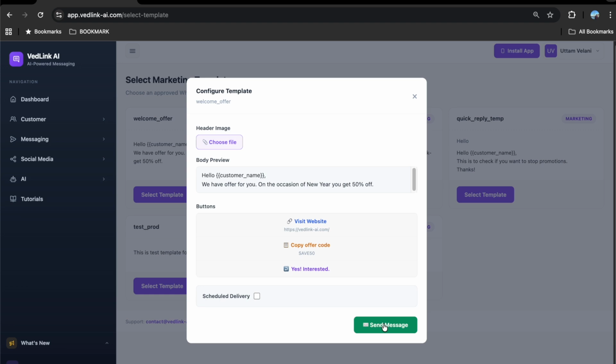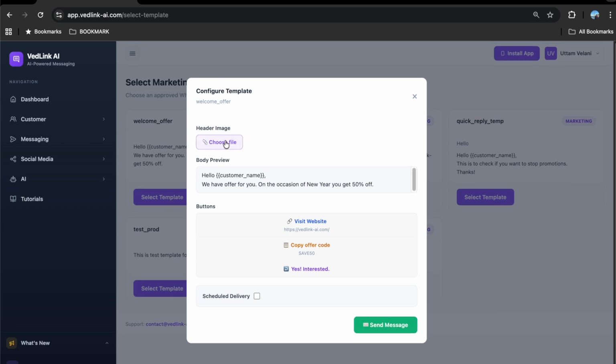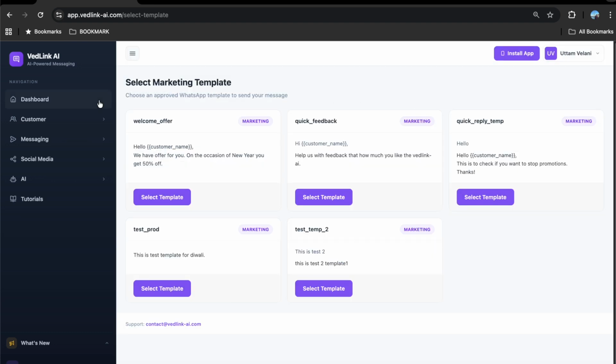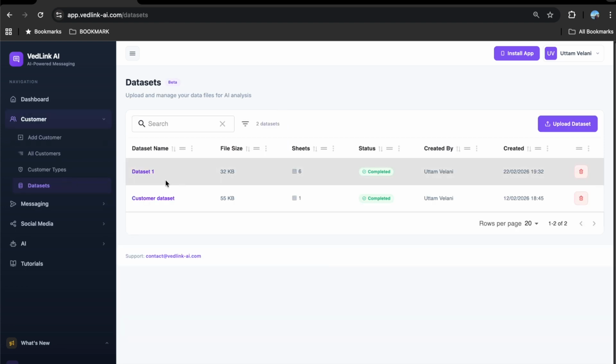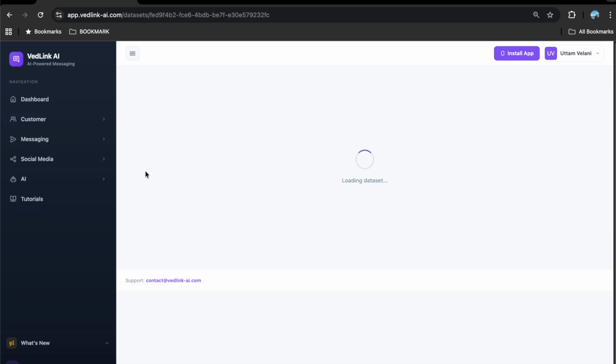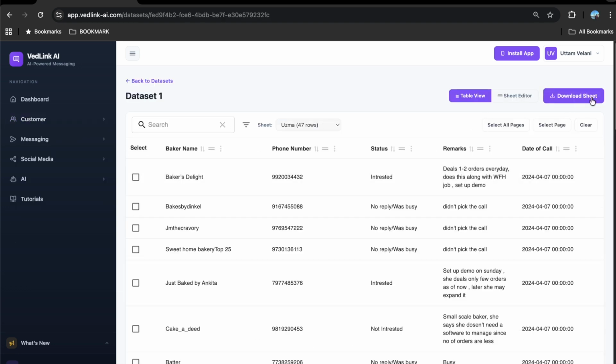So once you send message, you also have to add a header image if there is any image in the template. And once you send message, it will send the message to all the selected customers. You can also send messages from the datasets. Now in datasets, once you go to dataset and go to select all